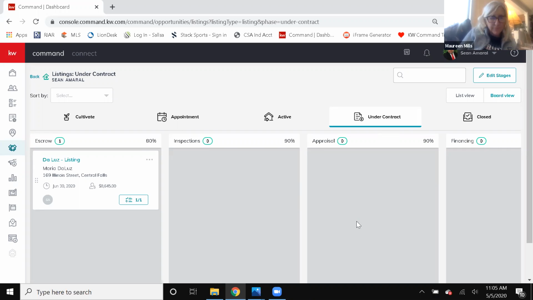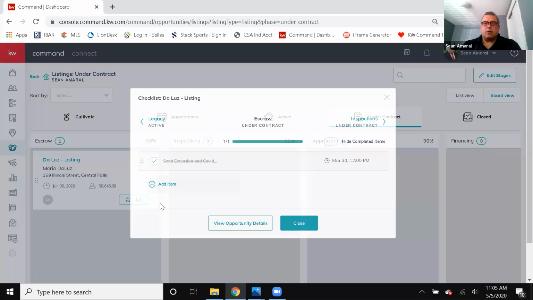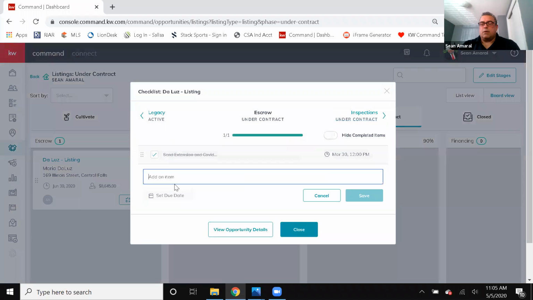Cool. All right, so within each of these stages, and this is true for every step of the way, there's this ability to add checklists, right? If you go to this checklist area, this was something I manually entered. I needed to send them an extension in a COVID override. So I just gave myself a reminder, right? What this does is really cool. If I want to give myself a reminder to do something,